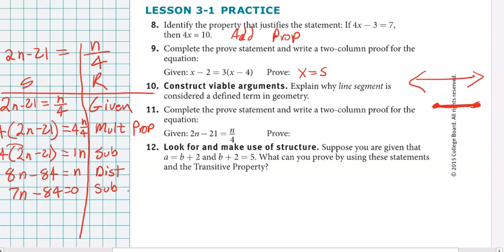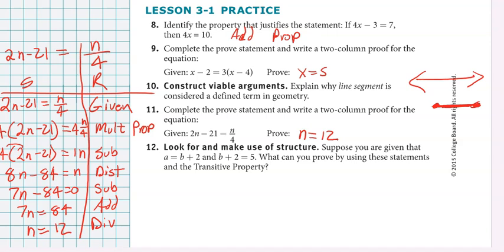I could add 84 to both sides. Addition property of equality. And divide both sides by 7. Looks like we get 12. And dividing both sides by 7, so division property of equality. All right, hopefully that's what we're trying to prove. So we're trying to prove n equals 12 on that one,